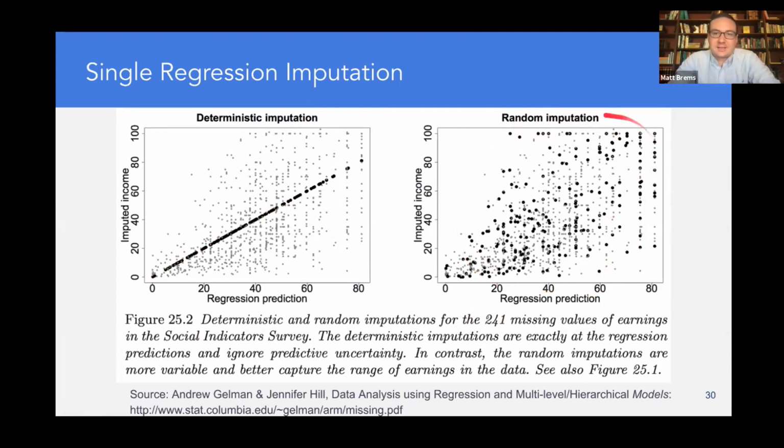Notice that the black dots over here look to be more representative of, or better reflect, the little gray dots, the broader population that we're trying to describe. So those random imputations will better capture the range of data that we're working with. So we want to include some sort of randomness,